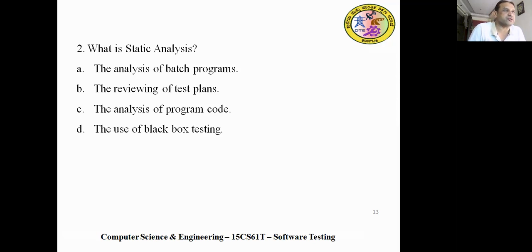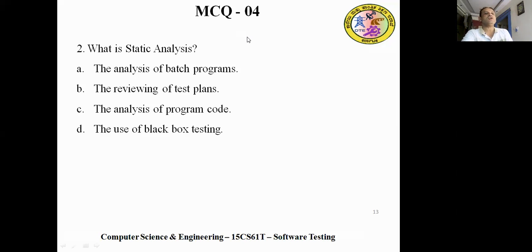Which is the answer for this question? Any guesses? The analysis of program code.